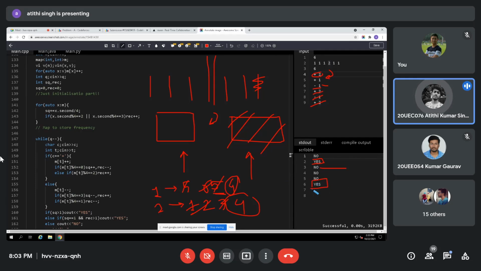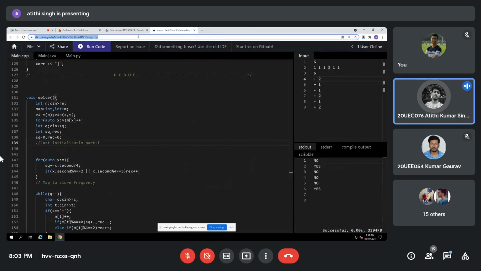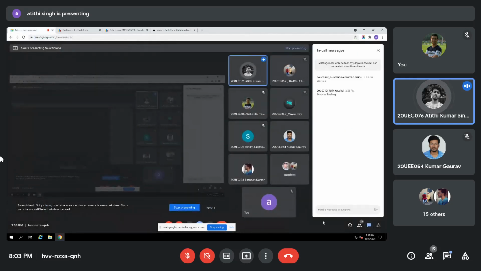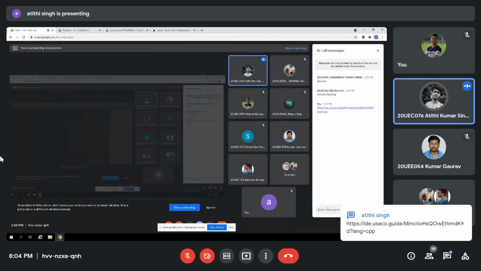So I think the problem statement is clear to you up till this time, what the problem wants to say. Now let us jump to the implementation part. Is the problem statement clear? Yes. Okay, fine. I'm giving you a link where you can collaborate with me. We can do it in real time. If you face any doubts, you can go on this link and say that you're facing the issue.